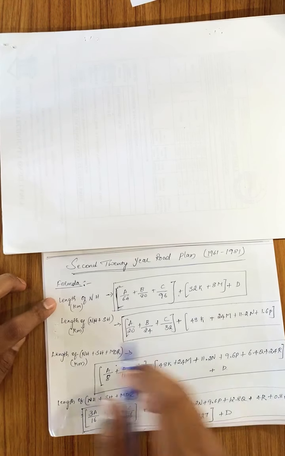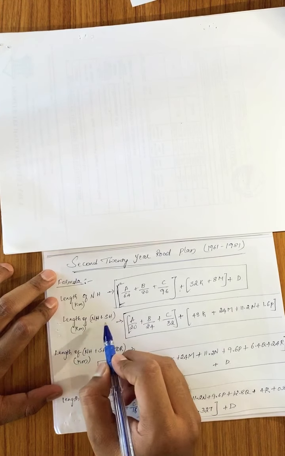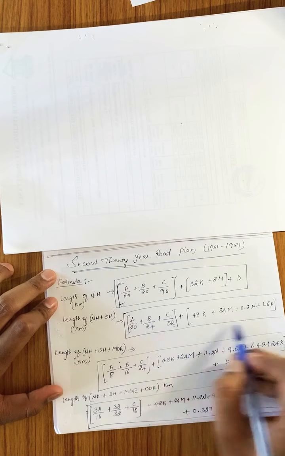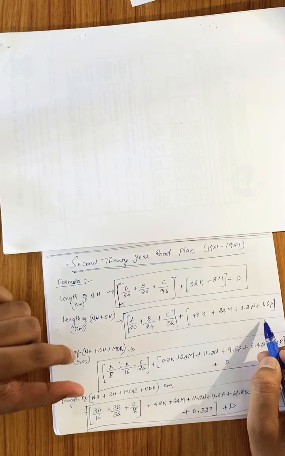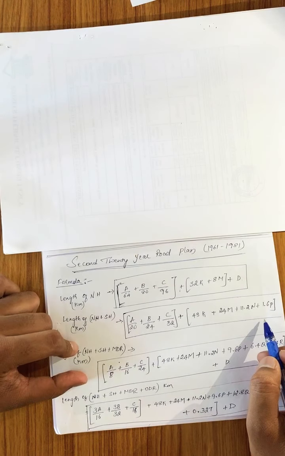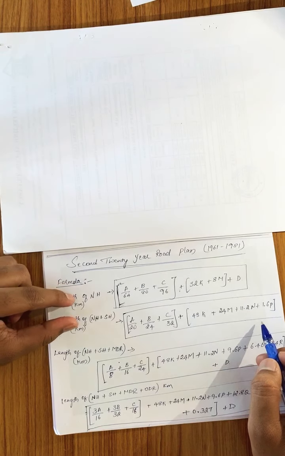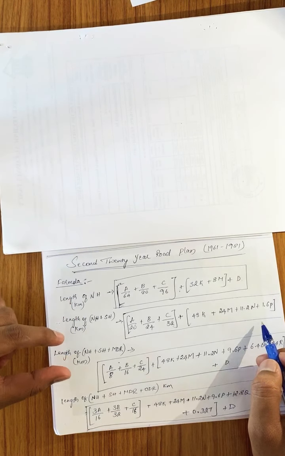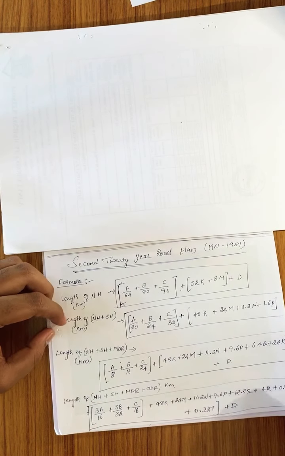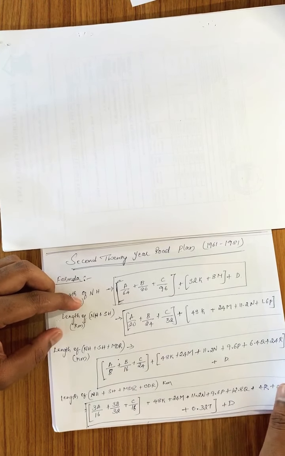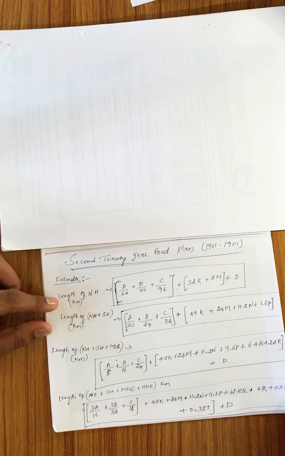In that we have a formula for the national highways. National highways and state highways have one formula, and national highways, state highways and major district roads have different formulas. By calculating with these formulas, we can find the different lengths of the state highways and major district roads. Like that we can find out the length of the roads. Here the first one is the length of the national highway roads.